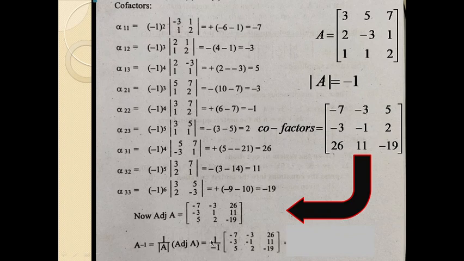Since it is 1, here the numerator and denominator 1, the new matrix will be the same numbers. The only change is that all the numbers having the negative will become positive because here the denominator is minus 1. So finally the inverse of this particular matrix is, see this one. If you go through it, the computation is all similar, only the difference is the change in the signs of the individual elements. And remember here it is 1 divided by minus 1, that's why the new matrix is remaining the same.